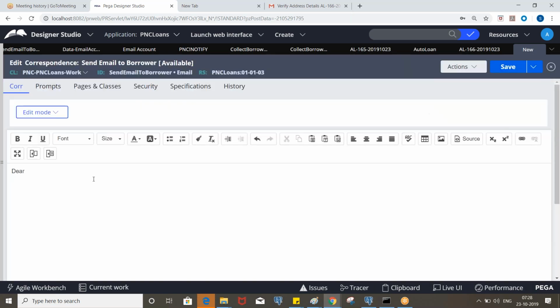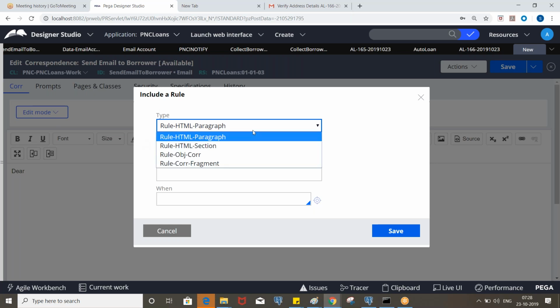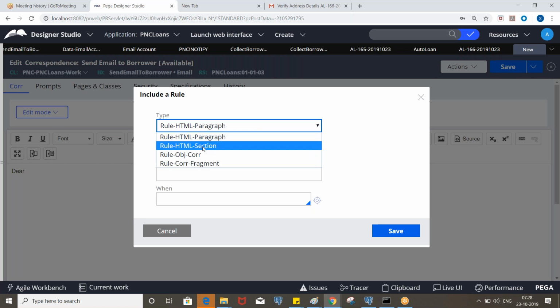Here we have this option to insert the property, and this option is to insert a rule, mostly HTML rules, like paragraph, HTML section, the section rule.